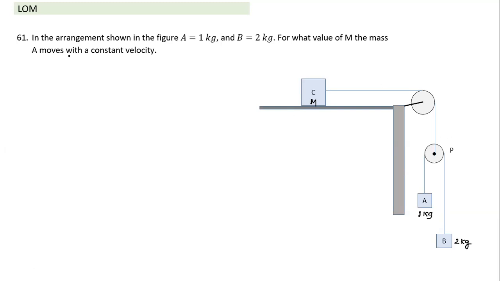Let's start with this. How do we make use of the fact that block A is moving with constant velocity? The moment we come across the term constant velocity, something should immediately come to our mind. Constant velocity means it has zero acceleration, so this point is not accelerated. If we consider this as a system, it has only two forces acting: a force due to gravity, a field force, of 10 Newton if you take g as 10, downwards. Indirectly, that tells me the tension in the string also has to be equal to 10 Newton. That's the information we can extrapolate from the statement given.